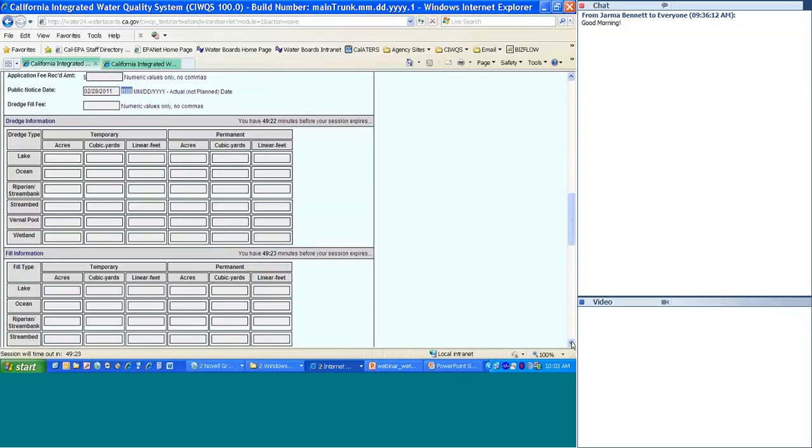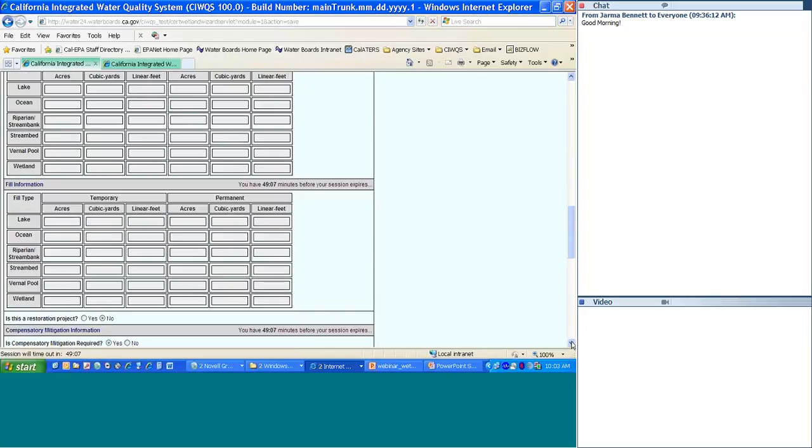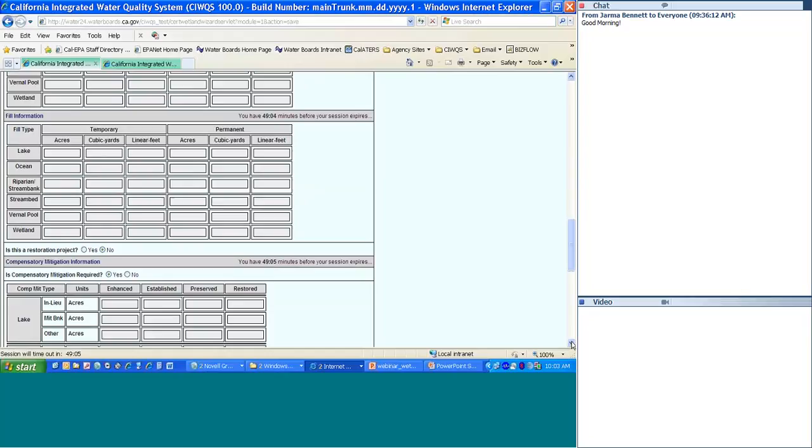Now we get to move on to the impacts part. And it's displayed here in a tabular format. We have our dredge information first, and we get down to our fill information. Both have temporary and permanent sections to the table. We're going to continue down a little bit so we can see our fill information. In our example, we have permanent stream bed fill, and so we're going to find that set of boxes, and we know that it's 0.044 acres,